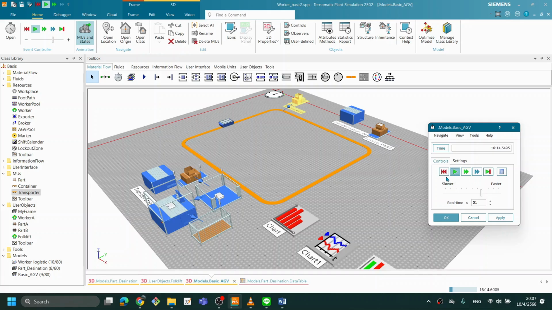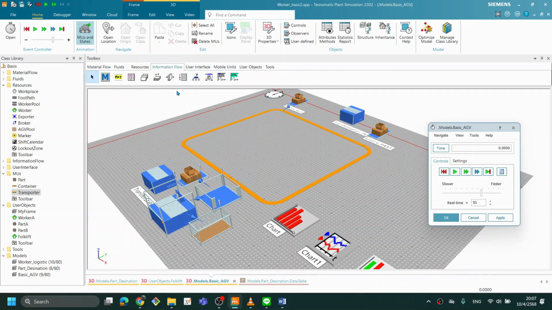Oh, cannot, right? Okay, I need to use the display. Display information for user interface, right? Okay, I drag up to here,